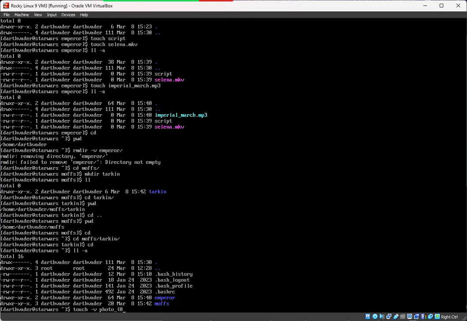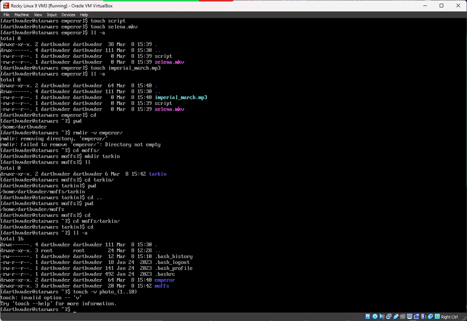I'm going to start with 0. No, 0 is very odd. I'm going to start with 1, and then I will press dot dot. Remember, there are 2 dots, and then I am going to give 10 and close the curly brace. Anything inside those curly braces tells the touch command, or any command, and mkdir also, to create photo underscore 1, then photo underscore 2, photo underscore 3, till photo underscore 10. Okay, if I hit enter,